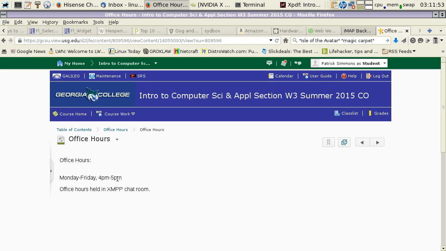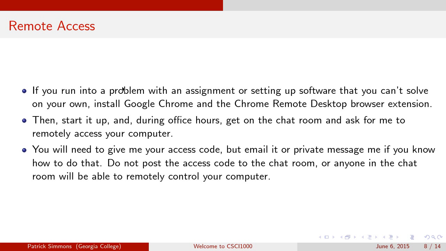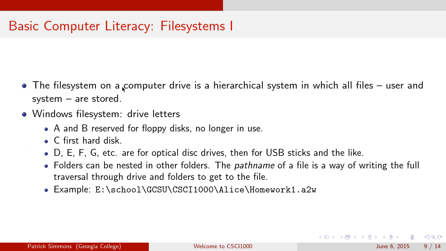So if you need to coordinate with me something where we both need to be doing something at the same time, my office hours are the right time for that. So finally, I want to mention a few things about basic computer literacy,